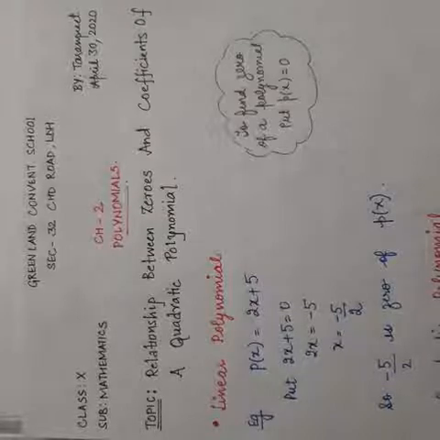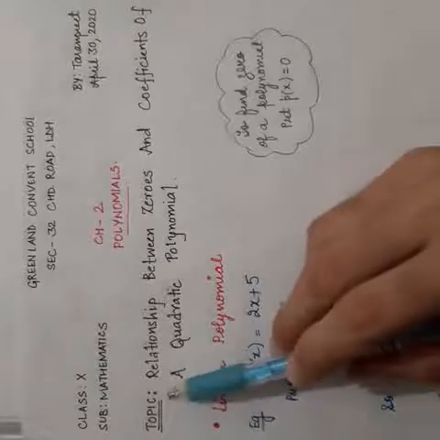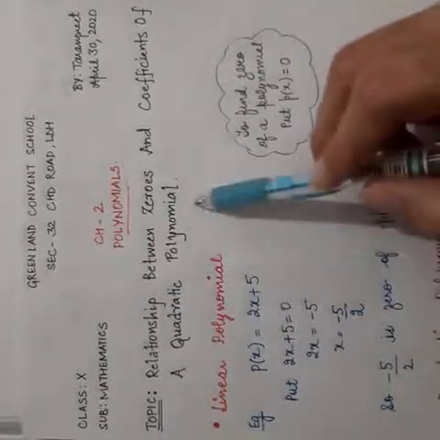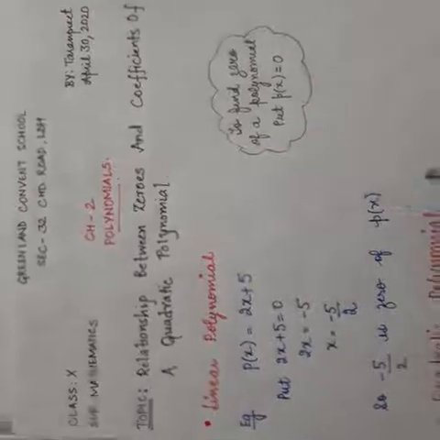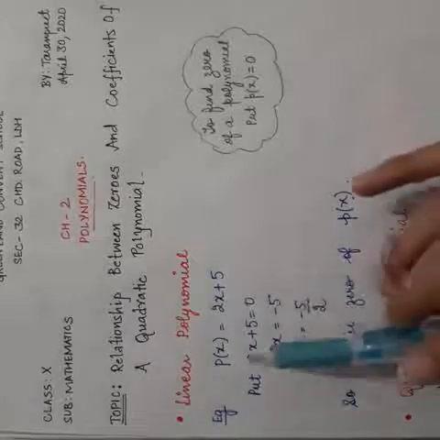In continuation with chapter 2 polynomials, today we are going to start the new topic, that is relationship between zeros and coefficients of a quadratic polynomial. Before we begin with today's topic, let us first recall the concept which you had already studied in class 9th,